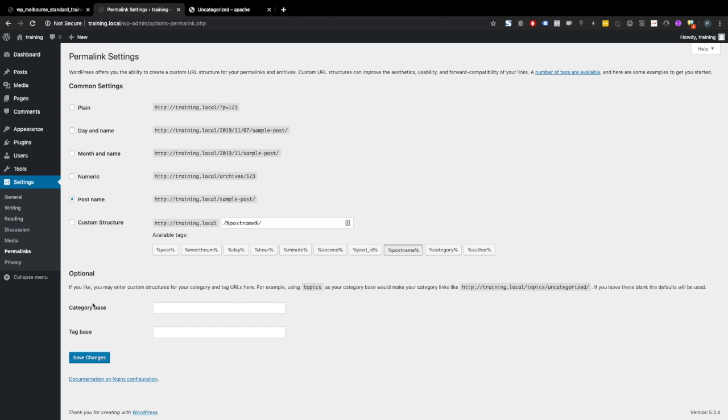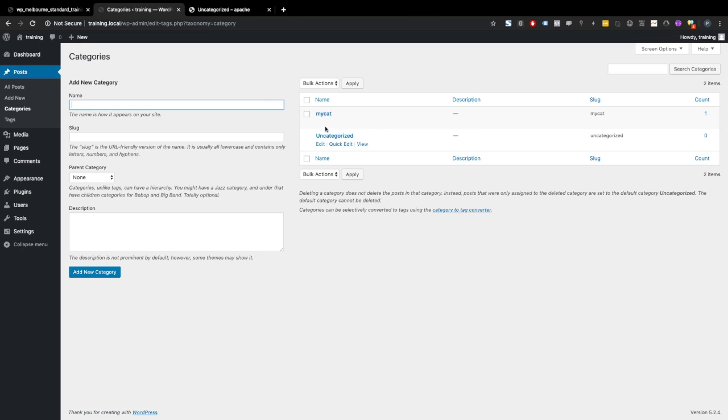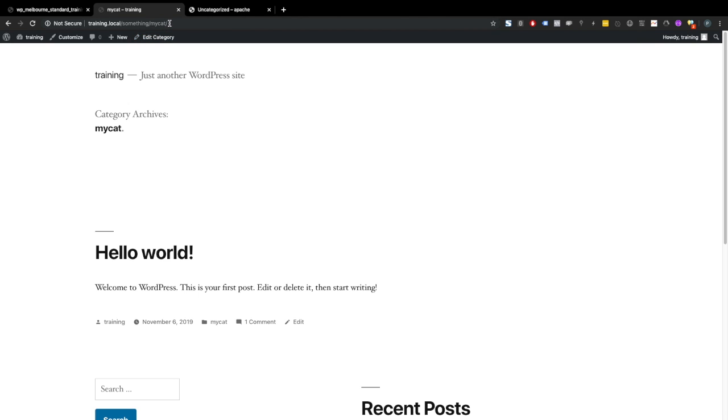So there's also this other option down here, which is category base, which if we read the instructions here, it's saying if we put in the word topics or something like that, well, let's just go with the word something. If we save that, now what that does is that if we view our categories this time, and we go to view the my cat category, now the category structure has changed. Now it's something my cat,